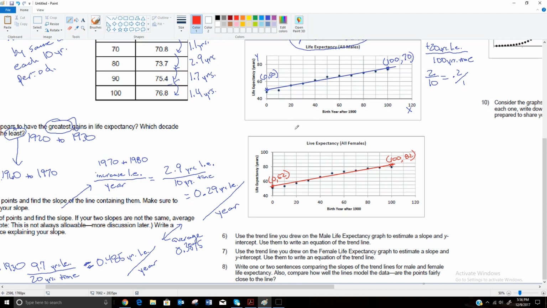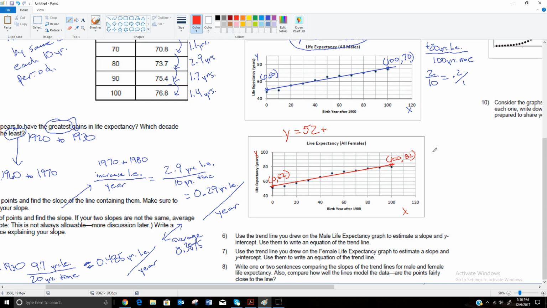And so my equation for this would be y equals, and you can use a different variable there. You could use E equals, expectancy equals, or whatever. I'm just using typical y and x. And I'm saying it starts at 52. That's the y-intercept. And it goes up by